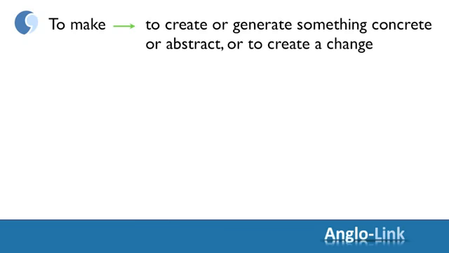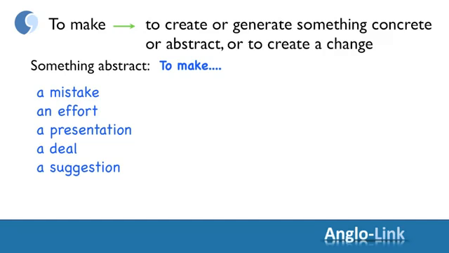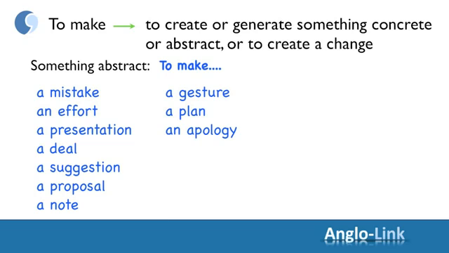Let's look at examples of abstract things. To make a mistake, make an effort, make a presentation, make a deal, make a suggestion, make a proposal, make a note, make a gesture, make a plan, make an apology, make a promise,